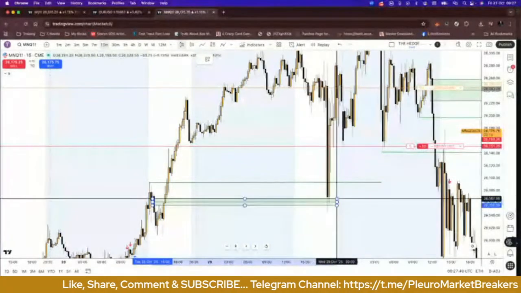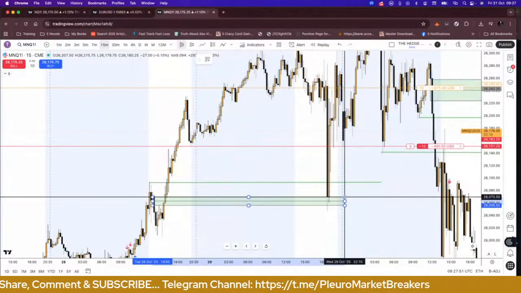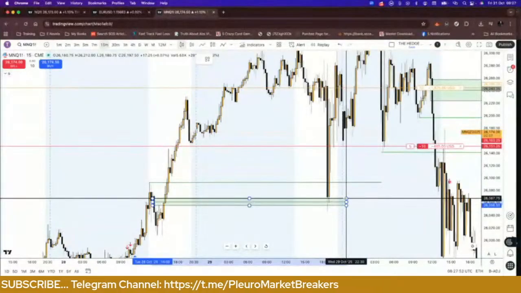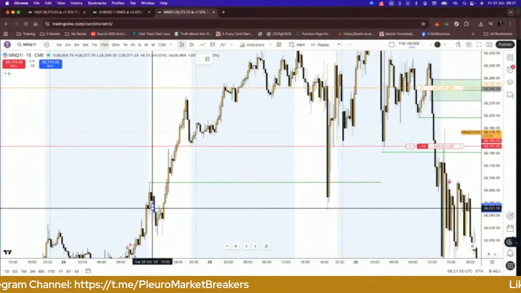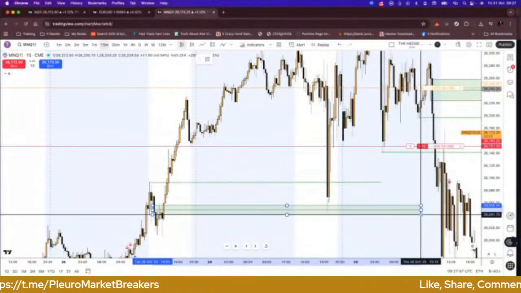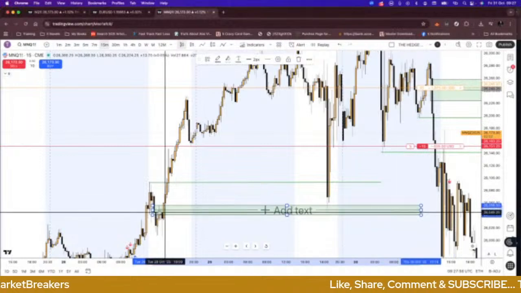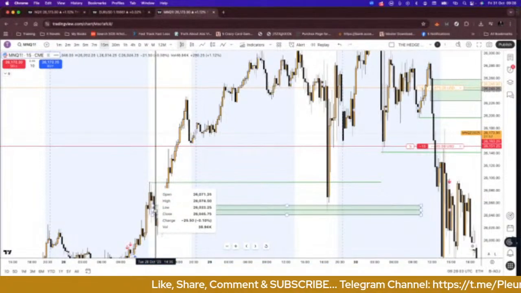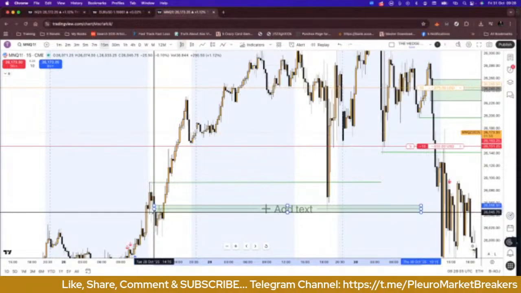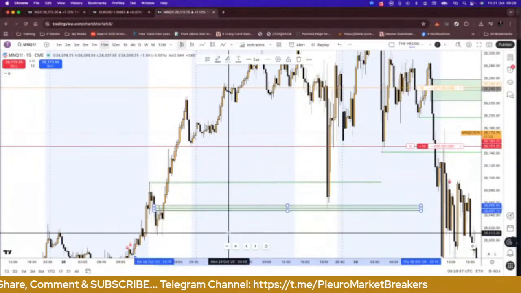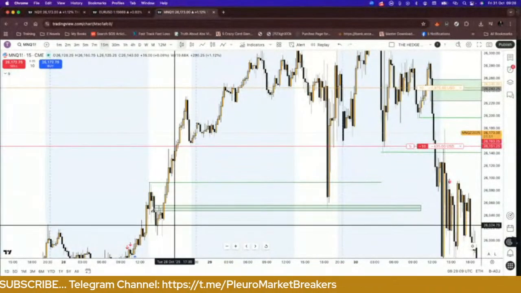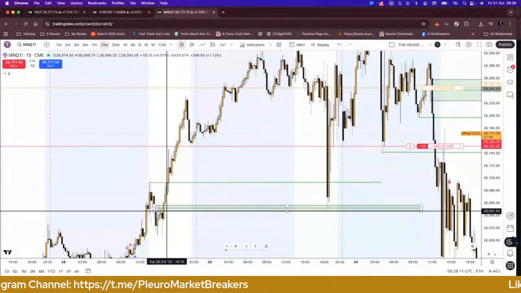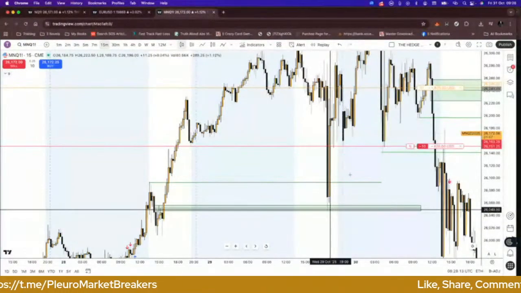Or should I say an inverse fair value gap is what I'm trying to say. Well, that's okay. So yeah, it was respected, literally stabbed to the pit. And then